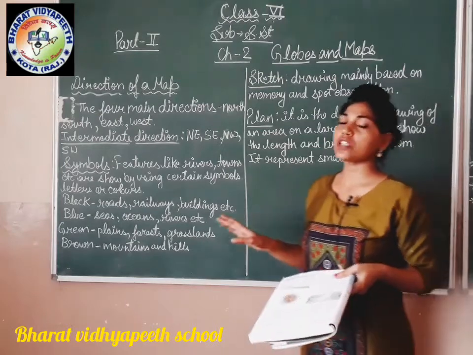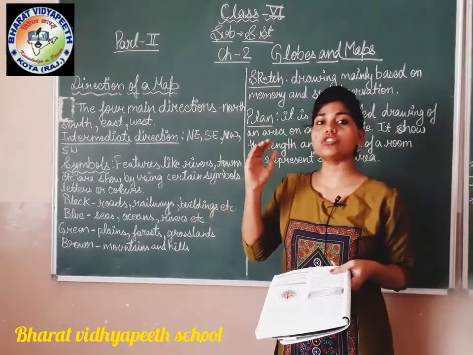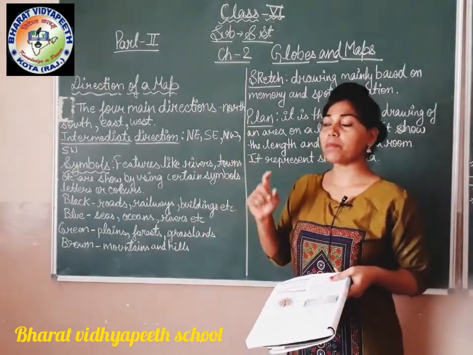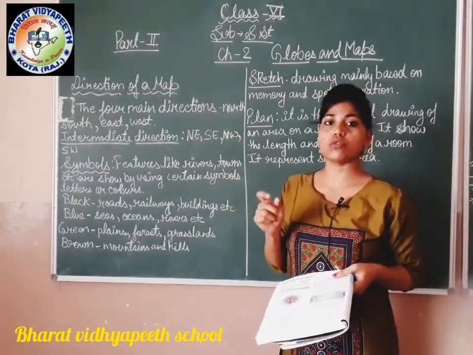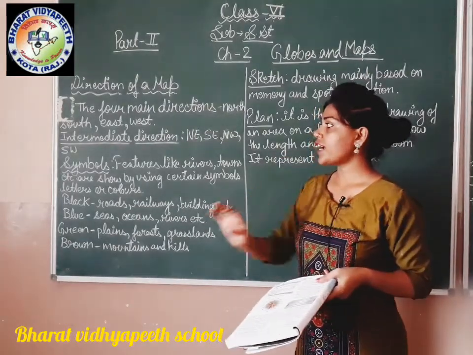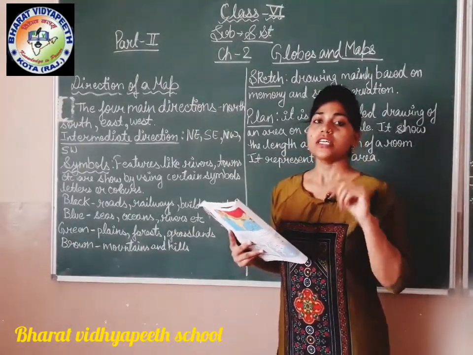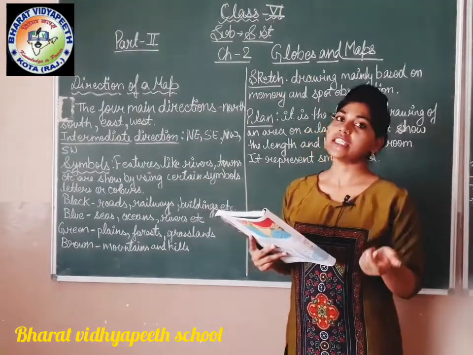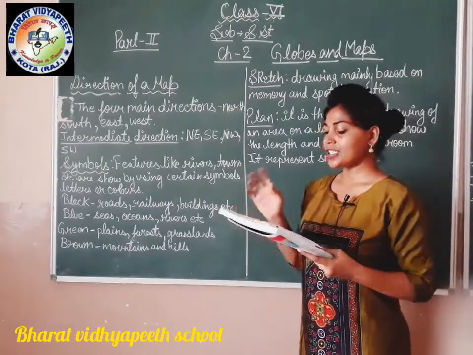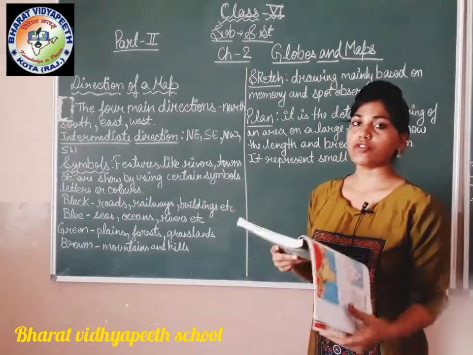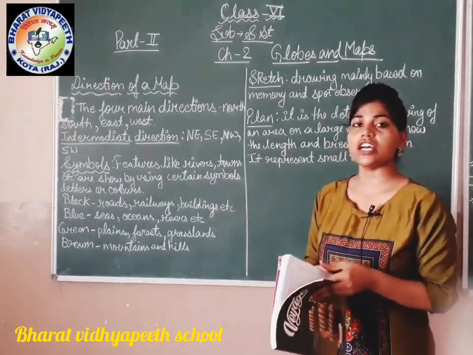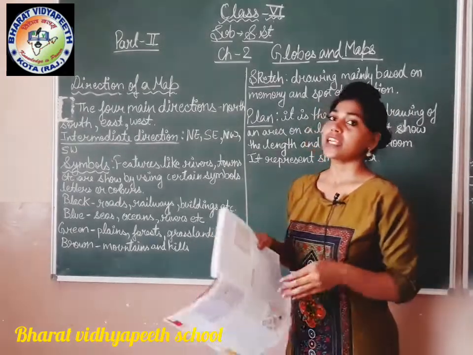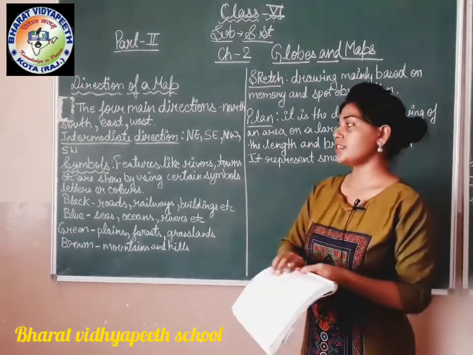As we all know, north is mainly the uppermost direction, which is the highest point of the map or anything. The uppermost part of the area is known as the north direction. So we can find that the upper part is north, the lower part is south, and the left and right parts are east and west. It is easy for people to find out the direction of their areas, which city they are living in, and in which direction that city is located. All this we can easily see with the help of these directions on a map.